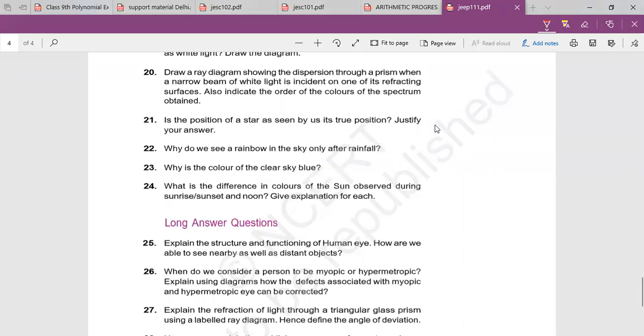All other colors scatter except red. So when the sun's light enters the atmosphere, fine particles of the atmosphere scatter all the other colors away, leaving behind only the longer wavelength light, that is red light, which reaches us. So therefore we are able to see the red color sky. And at noon time, all the color light rays fall perpendicularly, so less refraction takes place, and the colors scatter equally. Due to large size particles, the colors scatter equally, forming white light.